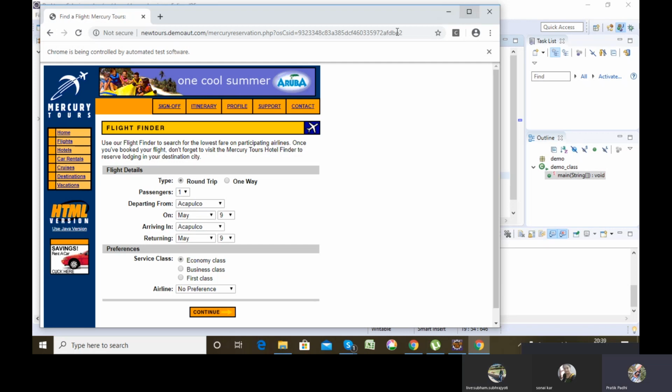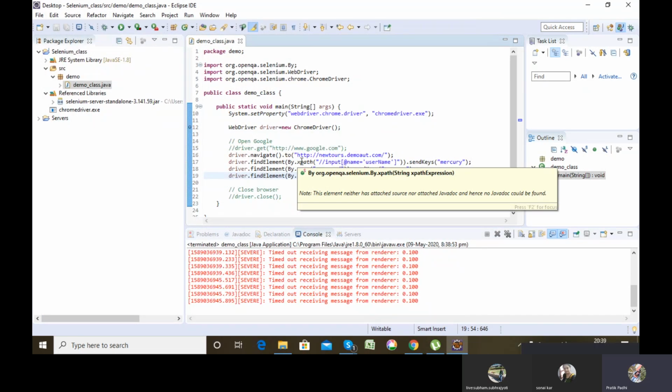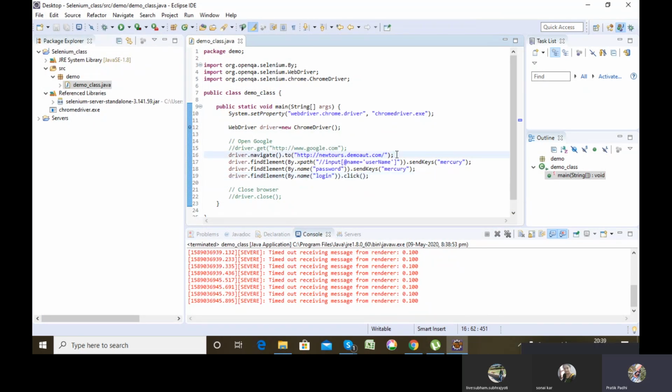See, it logged into the URL we have opened. It is executing very rapidly, so you are not able to view it. Let's keep a wait so you can view it step by step.